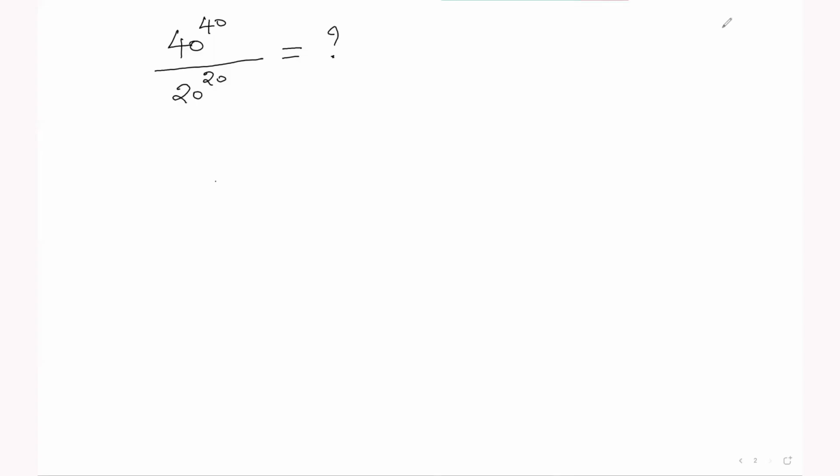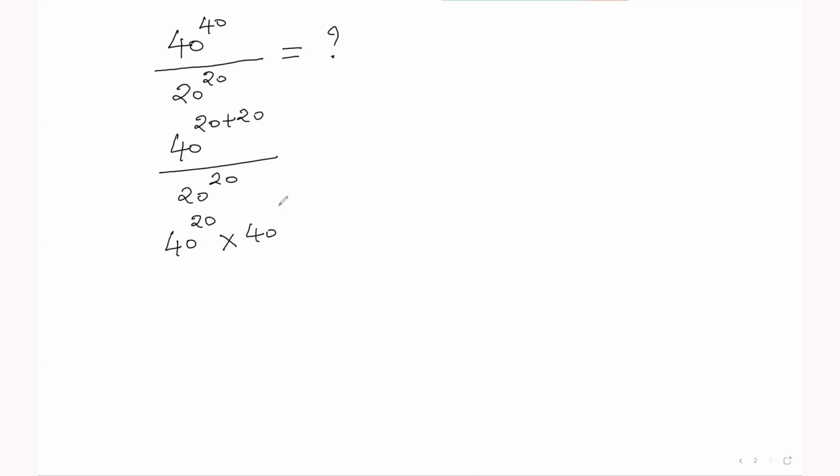Hi friends, we'll try to find out what is the value of 40^40 divided by 20^20. At first, we can write 40^40 as 40^(20+20) over 20^20. Now, because there is an addition in the exponent, if I split them, I can write that as 40^20 multiplied